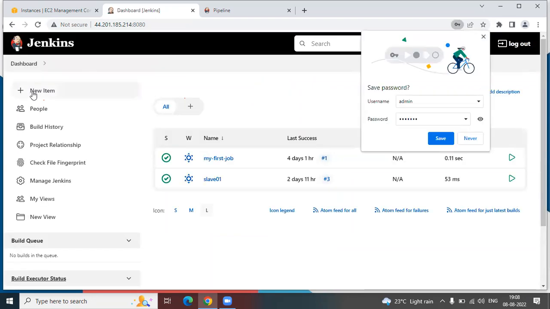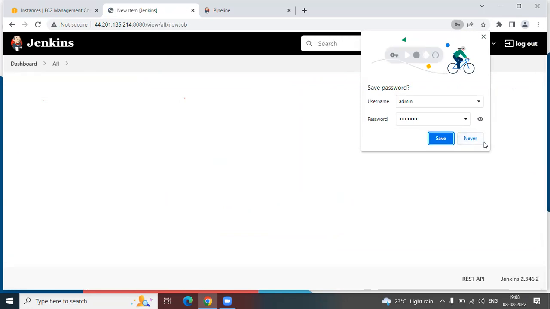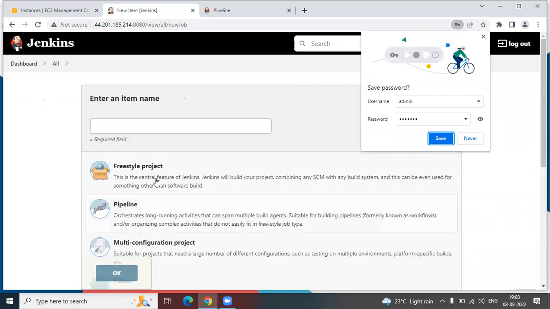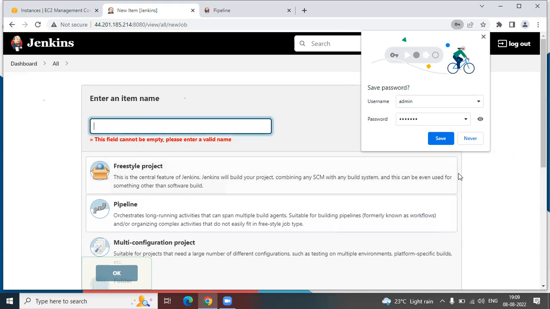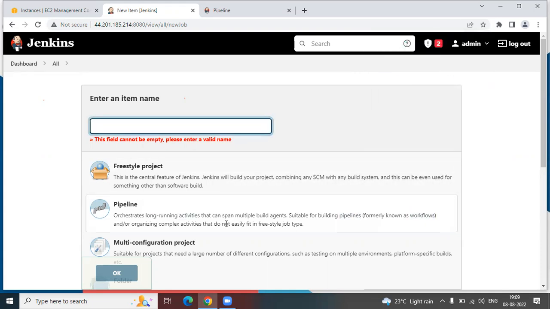Okay, so if I go to pipeline, this is my pipeline job. If you read here, it says it will orchestrate long running activities for you, which can span multiple build agents. And it is suitable for building pipeline, which was prior to this known as workflow. So it is good if you are organizing some complex activities which will not easily fit in your